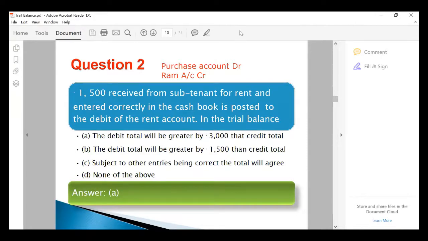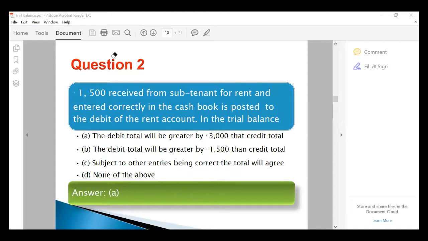Here, 1500 received from subtenant for rent. Who is a subtenant? We have taken a place for rent. The same place is being given to someone to take a portion of the place. That is called a subtenant for rent, and it is entered correctly in the cash book and posted to the debit of the